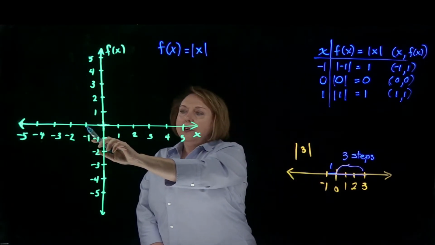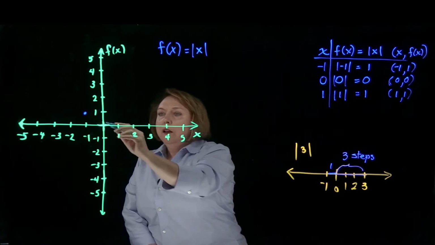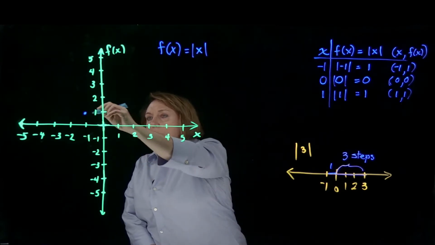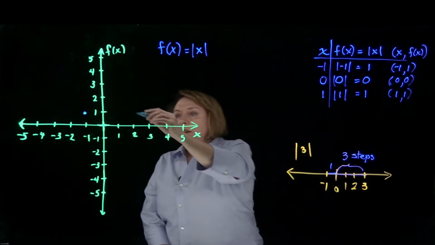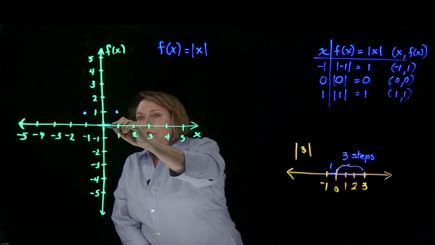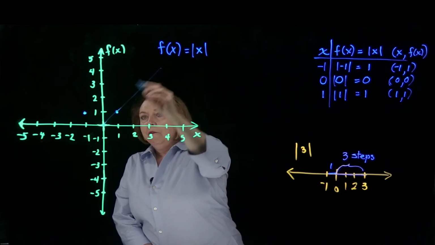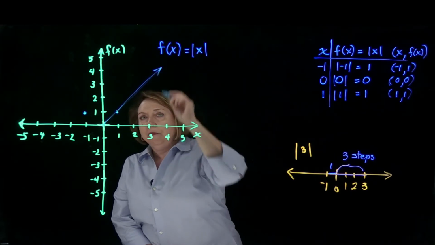So x is -1, y is 1. My origin, 0, 0. And if x is 1, y is 1. So if we continue to graph values like 2, 3, 4, -2, -3, -4,